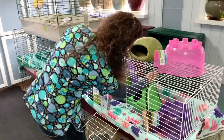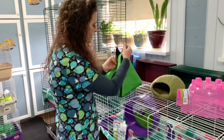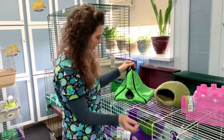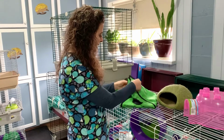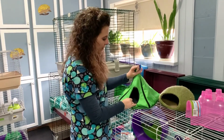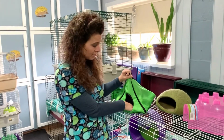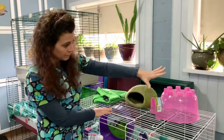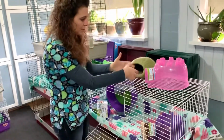You can attach it to the back, but it kind of distorts it. Anything that's hanging off the ground, your hedgehog's not going to be able to get into very easily. I like the fact that it unzips so that you can get the hedgehog out, which is a great feature. But as far as hedgehogs go, I personally think this type of hideout is a waste of money. I'd much rather use a heavy plastic igloo with a sleeping bag or other burrowing material